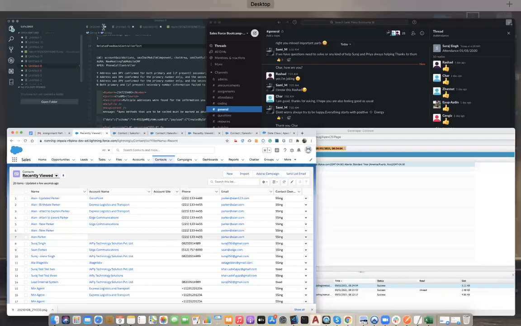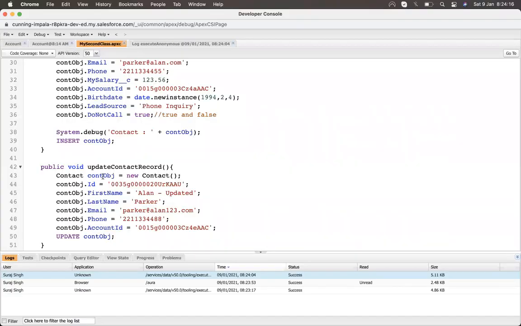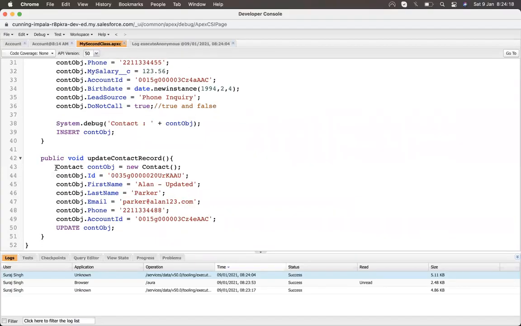What I'm trying to say is that here we can update the record, and updating a record can only be done on the basis of a unique field. Salesforce itself provides only two such fields. It's not about the value, it's about the unique fields. There are two types of unique fields: either the record ID of that record or an external ID of that record.